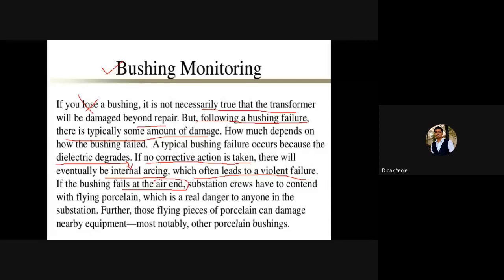at the air end, meaning at the head housing end, the substation crews have to contend with flying porcelain. तुम्हाला काय होतं असेल की ज्यावेळेस म्हणजे आपण म्हणतो की we are mounting the bushing on the transformer. So let's say this is the transformer and we are placing the ground sleeve at this point and the head sleeve is available at this point. So if this bushing fails at the air end, there can be flying porcelain,